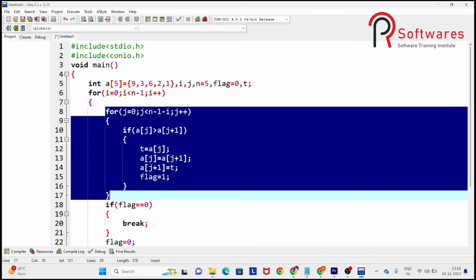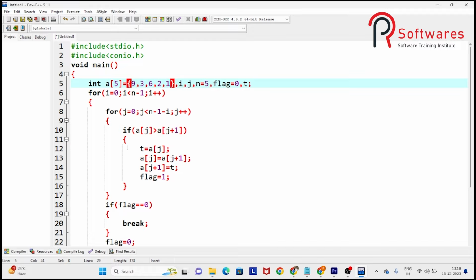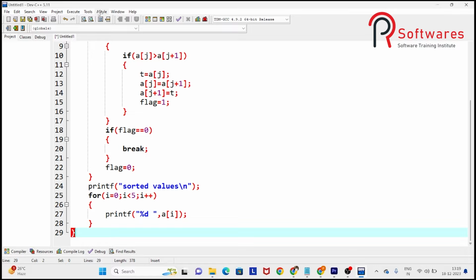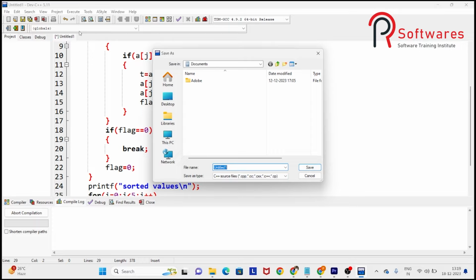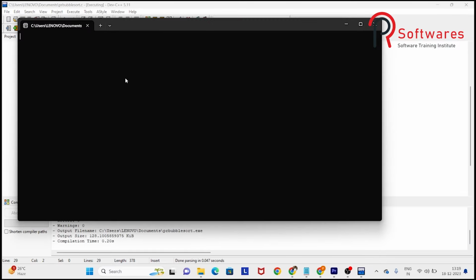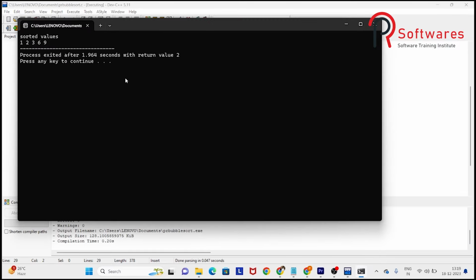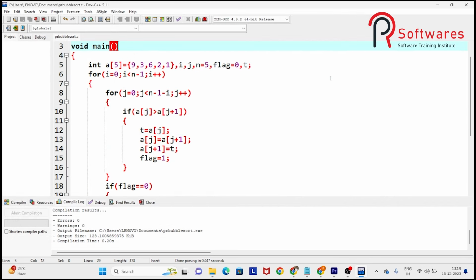Whichever is the biggest value, that will go at the end. So like this logic already we have explained. So you also can draw that diagram which I explained, like i, j, and change the value and try this program. So let me show you directly the output, because already explanation we have done. So execute, compile and run the program. Save the program as bubble sort.c. Okay, now see the sorted values: 1, 2, 3, 6, 9. So like this we can do this program. So I hope you got complete